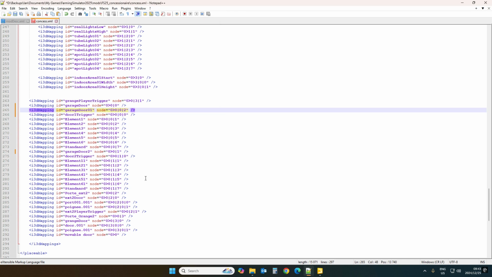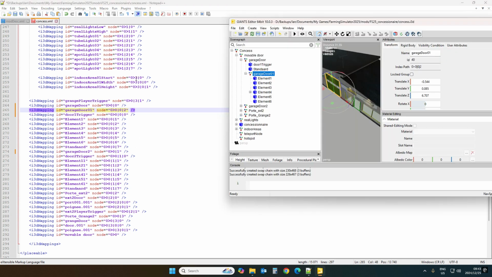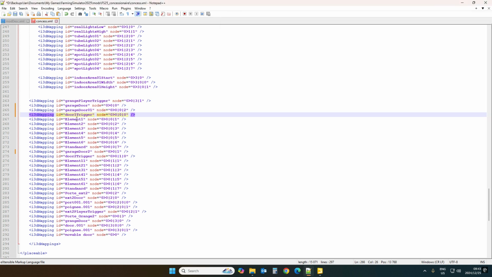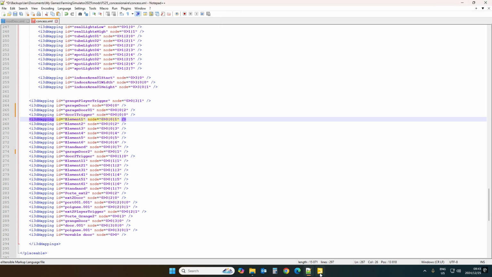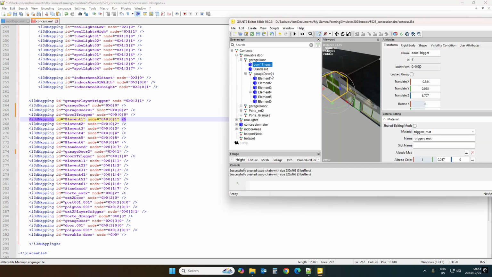Control V. And door trigger will obviously have moved now as well. It's still 4 zeros. Okay, good. So the trigger is the same. Garage door 01 is the only one that moved. Now I'm just thinking, if you now have noding for, yeah, you see you've got elements. So let's just keep the elements in the same thing. So we had the elements